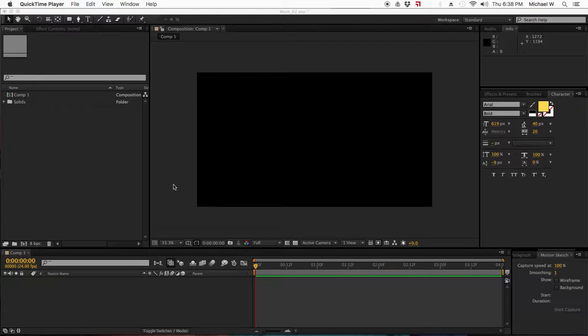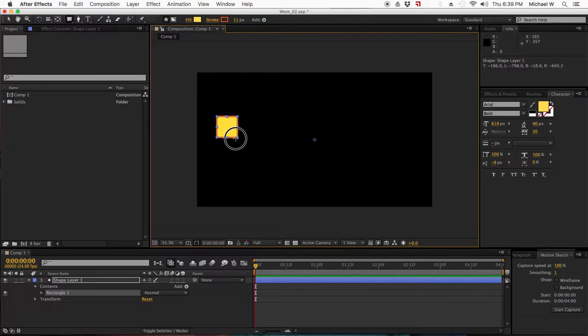Week 2 we covered moving an object along a motion path. So for this, I've got my document set up, my composition. It's 1920 by 1080, 4 seconds in duration. So I'm going to create a shape layer just by using the shape tools up here, just to make it faster and easier tonight. So I'm going to hold down shift and now I've got my square,